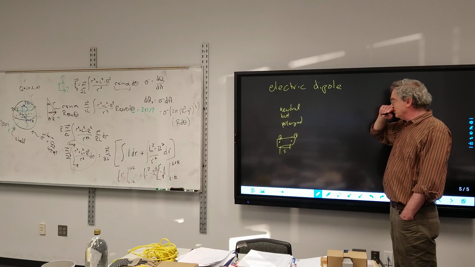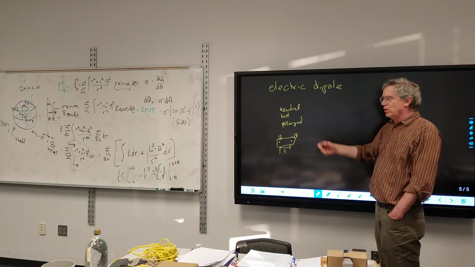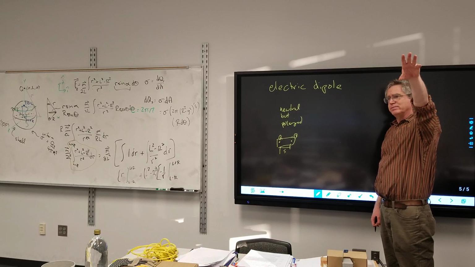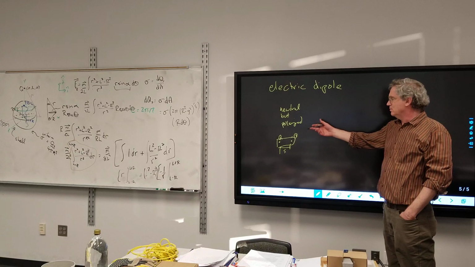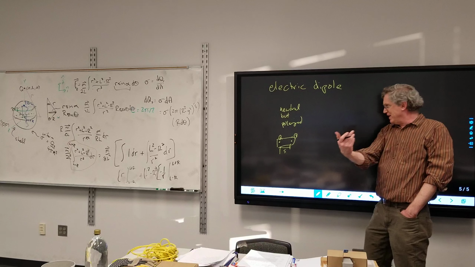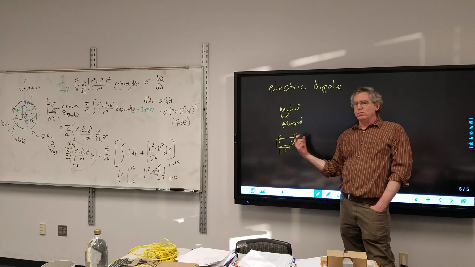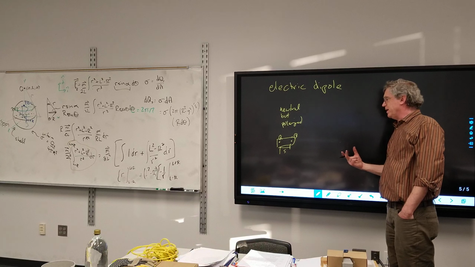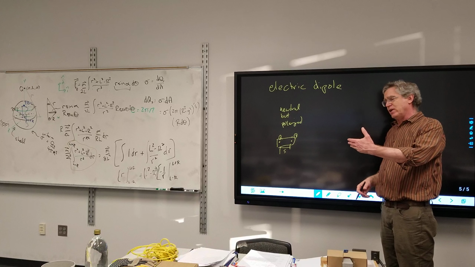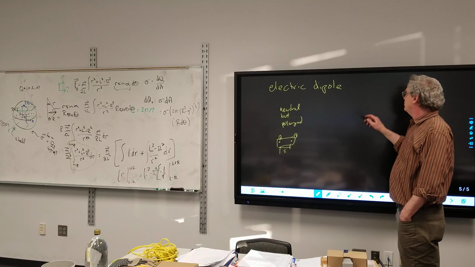So if I am a very far distance away from this neutral object here, and I have a positive charge on the other side of campus, it's going to look like a single neutral object. But the closer I get to it, the more I see that the charges are separated. And so whatever formula I come up with for how another charge will influence it, I should be able to check it by saying, if I go an infinite distance away, what happens to my formula? So, for example,